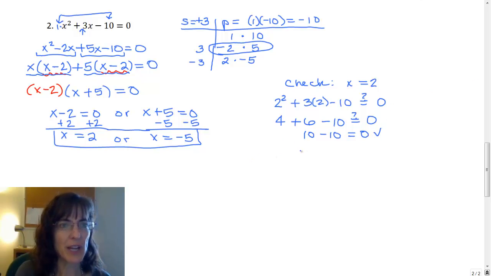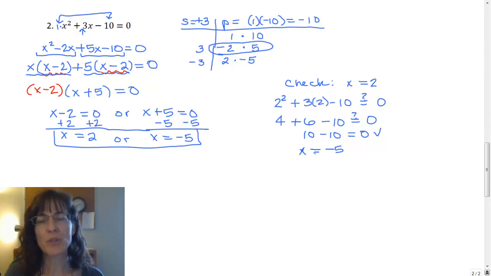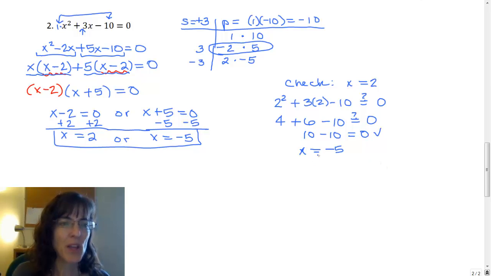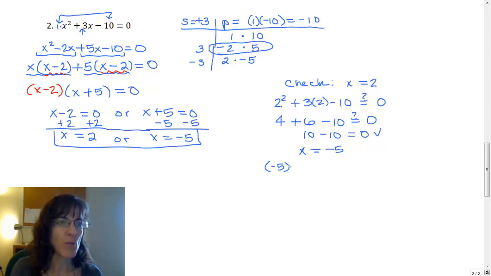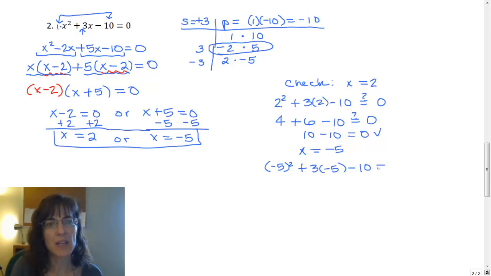And then I want to check the x equals a negative 5. And I'm using the original equation, remember, so that I can make sure that I have solved the entire problem correctly, not just the second half of the problem. So plug in negative 5 wherever I see x, so that means I have negative 5 quantity squared because I had an x squared there, and then plus 3 times negative 5, that's for the 3x, minus 10 should give me 0. So negative 5 quantity squared